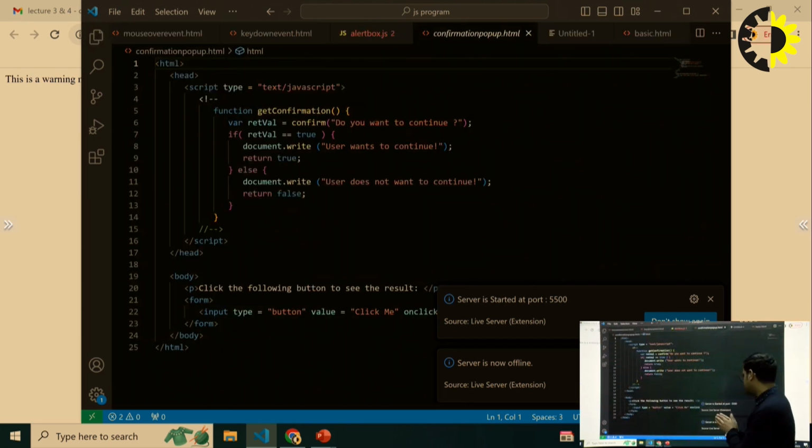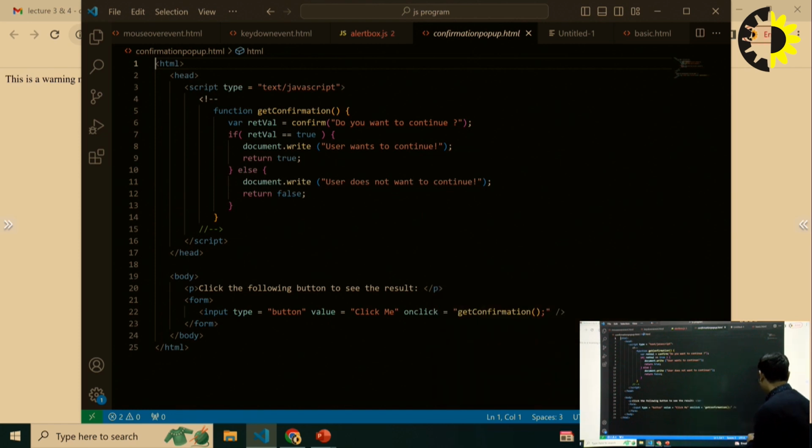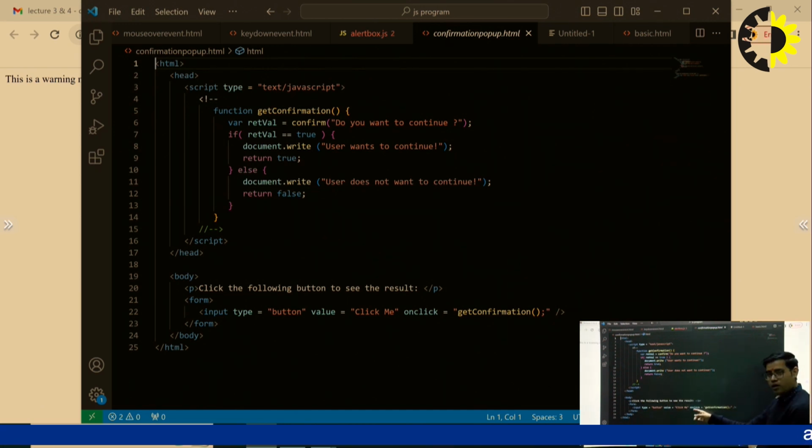So as you can see here, this code represents the confirmation about whether the user wants to continue or does not want to continue. As you can see here, this is the script tag. Inside this script tag we have to define the function name as getConfirmation, and this getConfirmation function is called on the event named onclick. So on the onclick event, this function and this function name